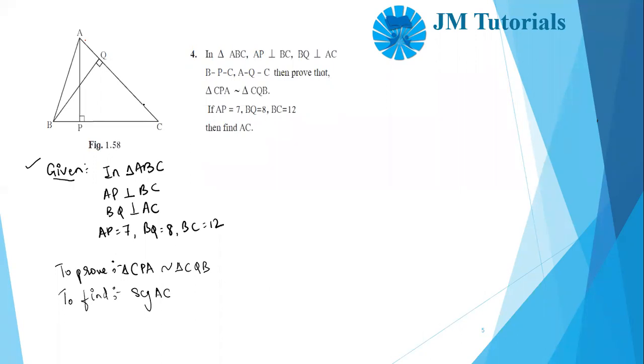Look at this. When I draw this triangle, this angle comes in the triangle. And when I'm drawing this triangle, the same angle is again coming. So this is an example of a common angle. And second, look at this angle. In this triangle, this 90 is there, and in this triangle, this 90 is there. That's it. I got two A's. That is why I told you, A is the simplest and the best test.